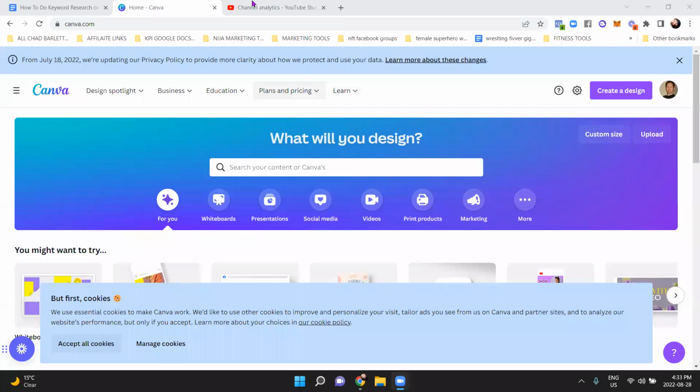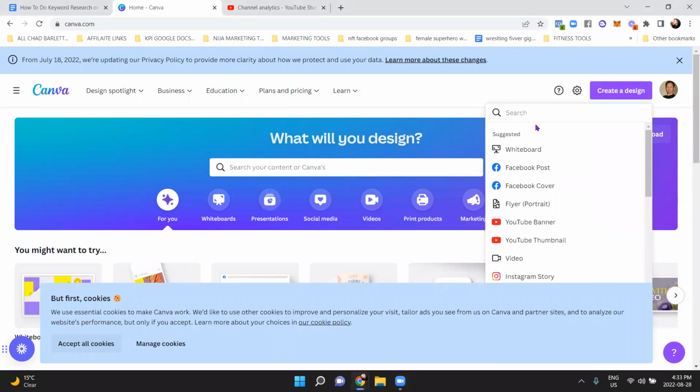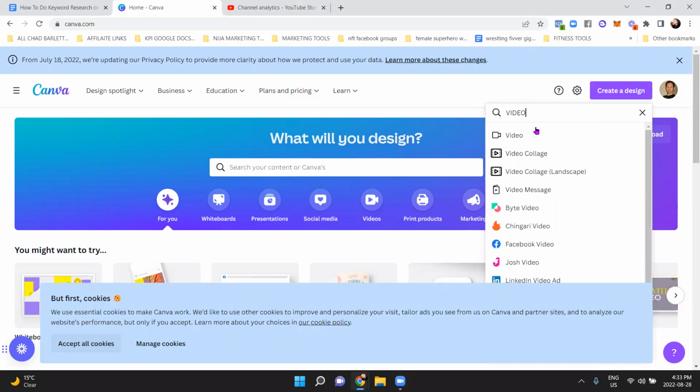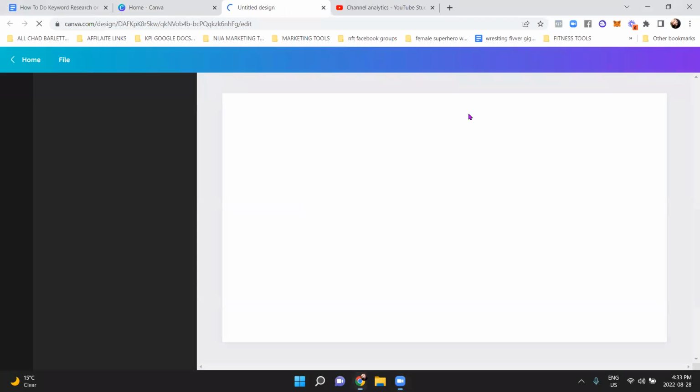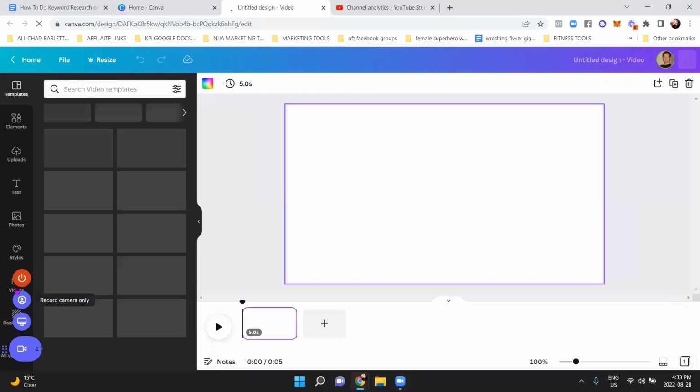Can you see my screen? Yeah, I'm seeing your screen, but my phone screen cracked at the moment. Yeah, if you go to Canva, you can edit videos in there. And it's free. You can just do whatever you want. They also have video footage.